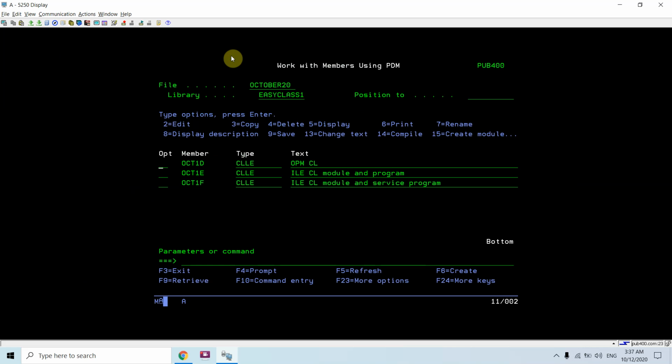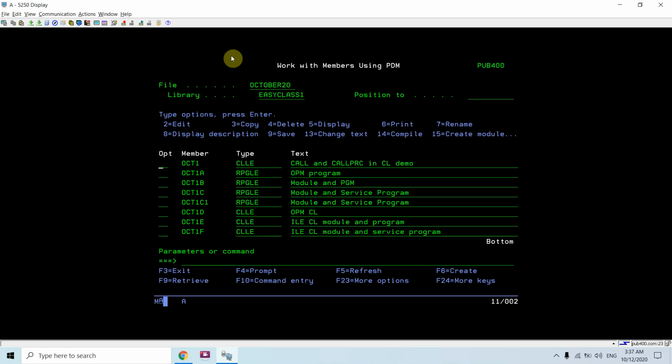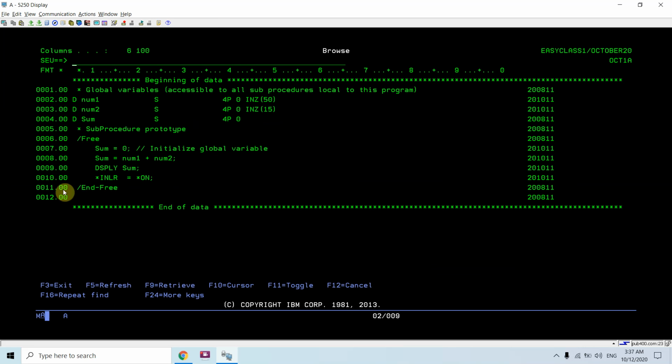Here also in OCT1A we are simply summing two numbers and displaying the sum.